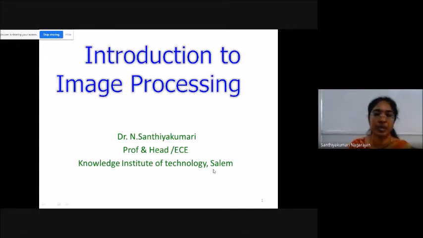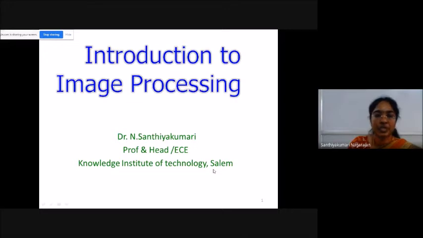Okay, my dear students, now you all have some gist about image processing. In this course, digital image processing, you came to know that processing means you're going to process information with the help of already existing algorithms, or otherwise you're going to create your own new concepts to process it. That itself is processing.